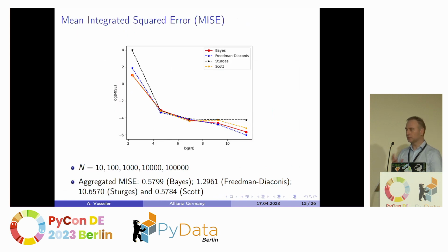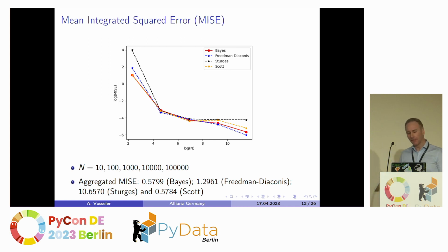So in order to have this a little bit more condensed, we did a little Monte Carlo experiment, and we're repeating this whole process that I just described, so taking random draws, computing the number of bins, 100 times or so, and doing this also with different sample sizes to see a little bit the sensitivity regarding the sample size, and computing the mean integrated squared error between the true density, which we know, obviously, and which is a Gaussian mixture model, and the estimated densities.